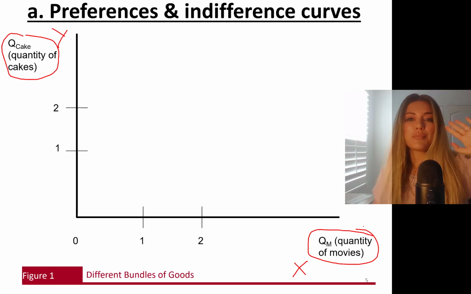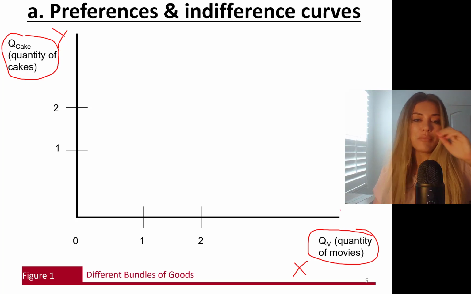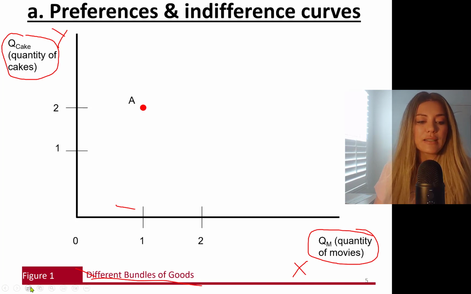We're not going to talk about the money part, the budget constraint part yet. We're going to talk about the preferences of the individual. Okay, so let's take a look at different bundles of goods here. So at point A, for instance, you are consuming